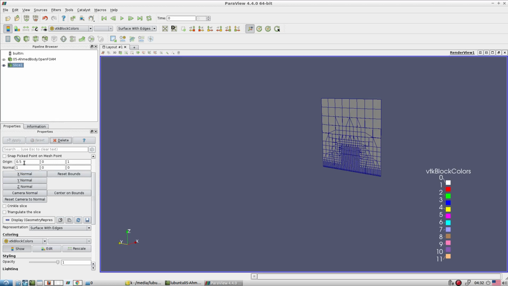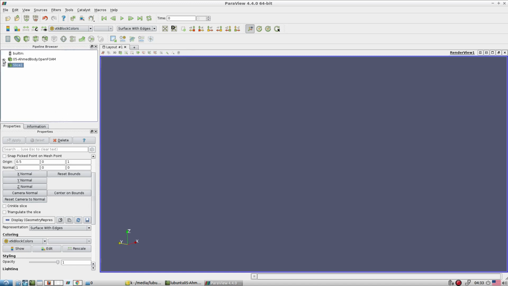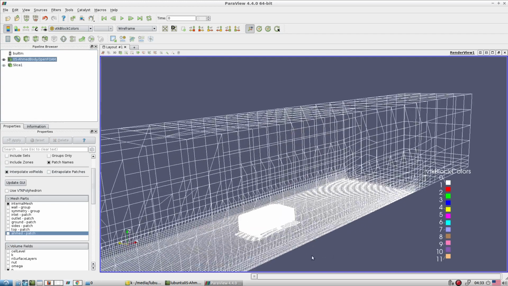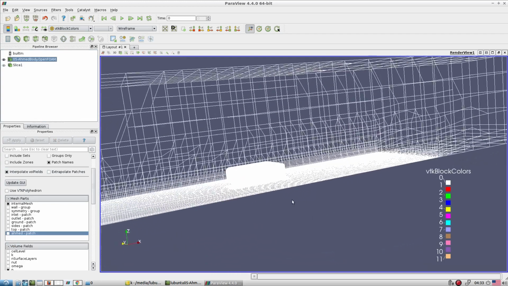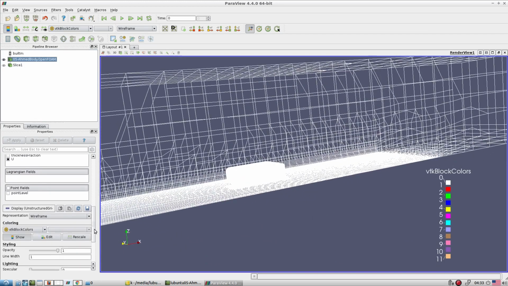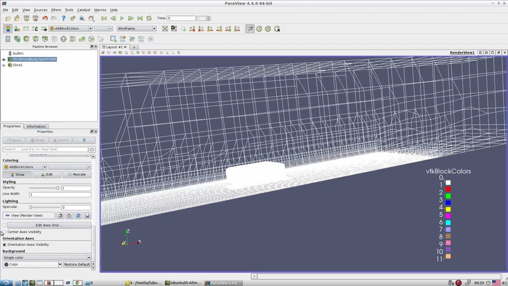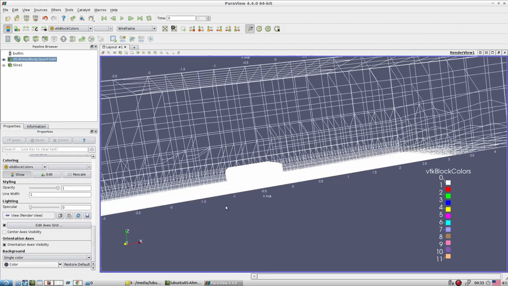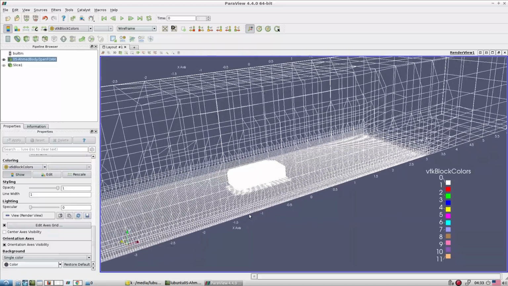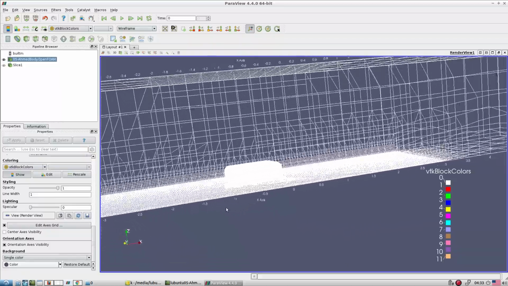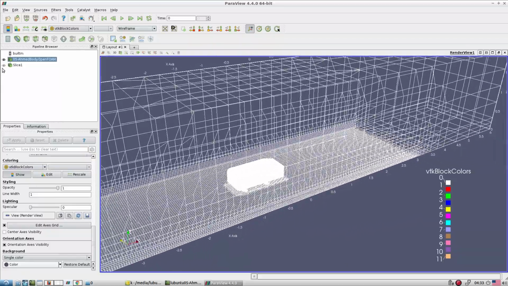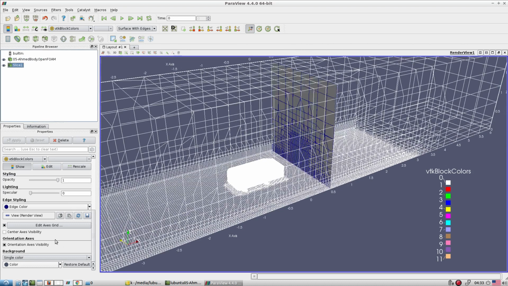I don't exactly know the place where we can cut very nicely through the Ahmed body. So for that, let's check the mesh size, geometrical dimension. If we cut exactly at x equal to minus 0.5, it's going to cut our domain. That is what I want to see.